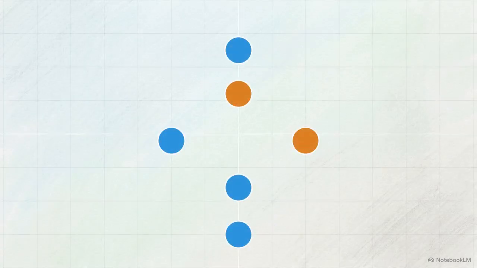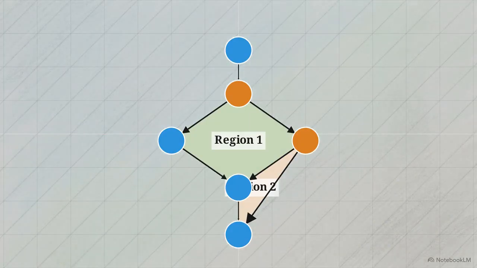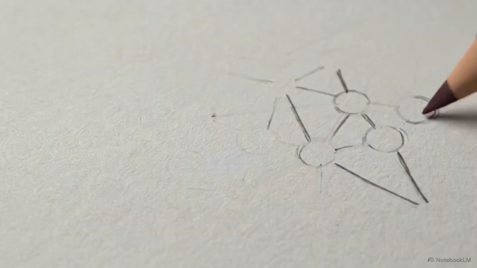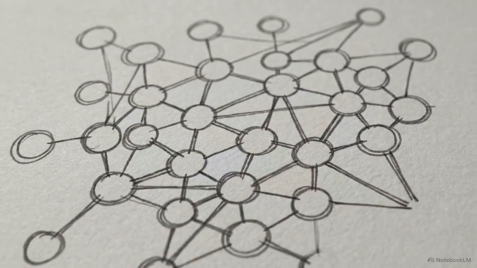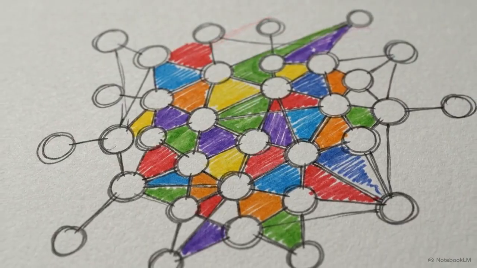Step 2. We draw arrows, known as edges, to map the actual execution flow of the program between our established nodes. Notice the multiple arrows coming out of our orange predicate nodes. Now look at the enclosed blank spaces formed by these connected edges. We call these regions. Make sure you include the most easily forgotten region, the infinite space outside the graph boundaries. That counts as your final region. By completing this geometry of nodes, edges, and regions, we have gathered the exact raw data needed to calculate our